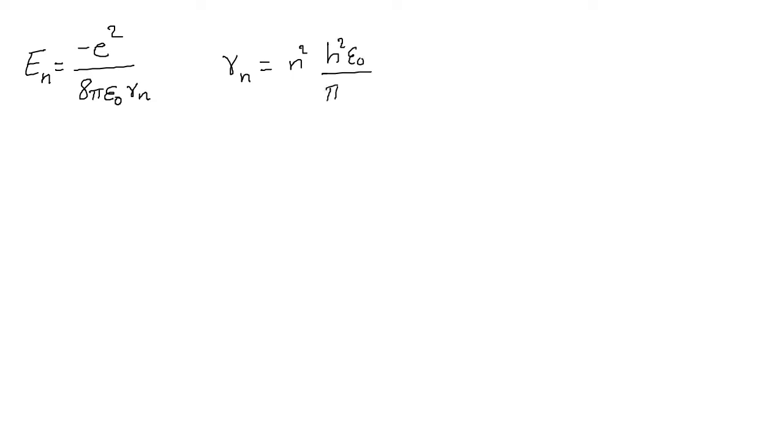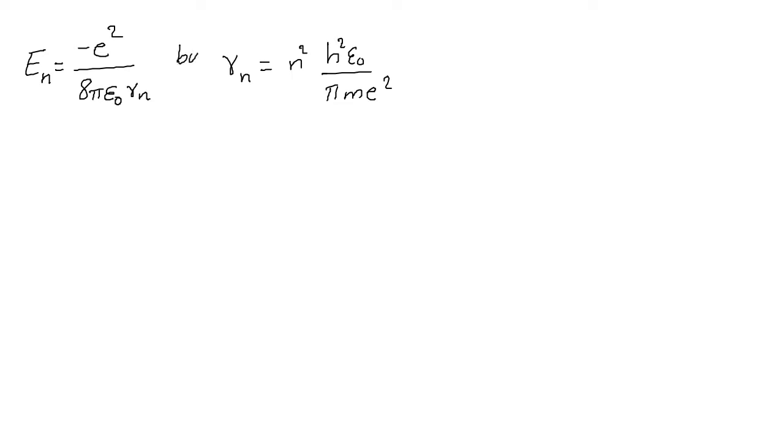Okay, so we already had the equation for total energy in the nth orbit as negative e square divided by 8 pi epsilon 0 Rn, correct? And we already have another formula, that is Rn is equal to n square h square epsilon 0 divided by pi m e square. Substituting the value of Rn in this energy, we will get,